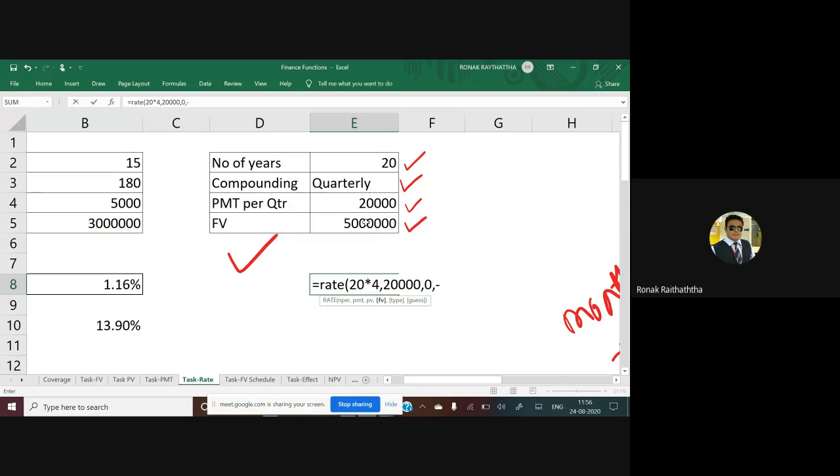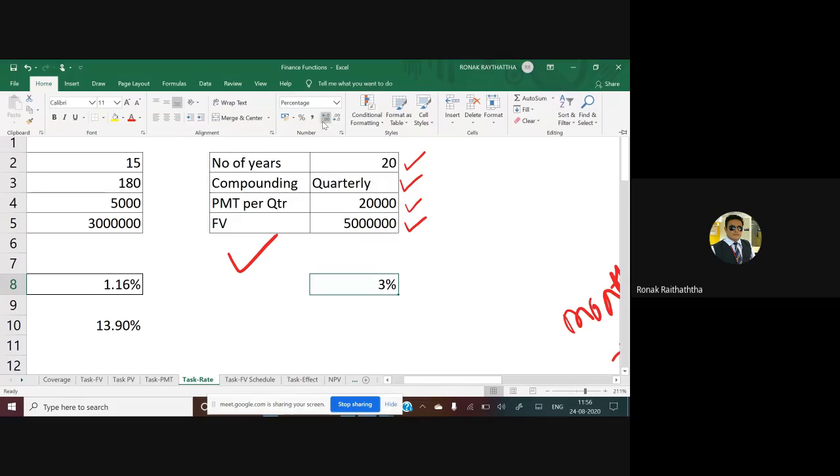FV I would be having 50 lakhs rupees, comma, then nothing is given, so I am assuming that we are making the investment at the end of the period, 0, and comma, let me guess some rate, 11%, closing the bracket. So you get 3%, and if I give you the exact answer, it comes at